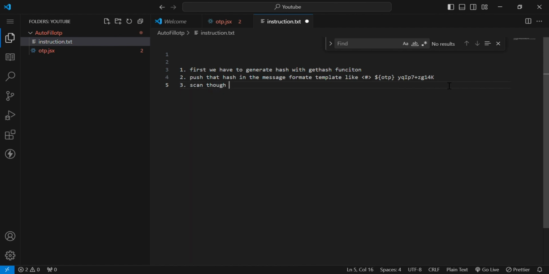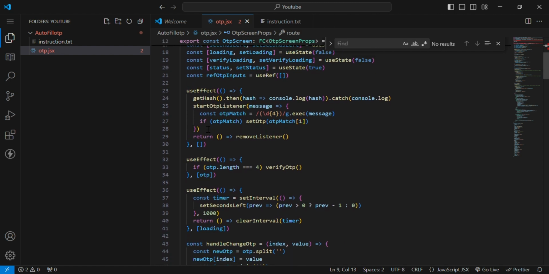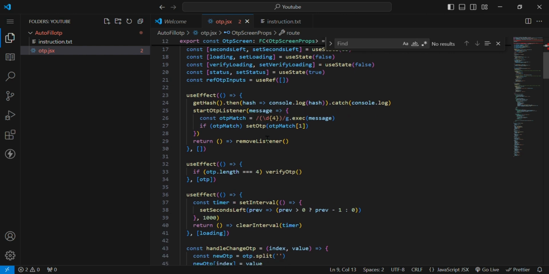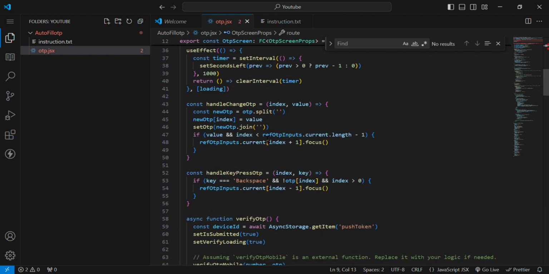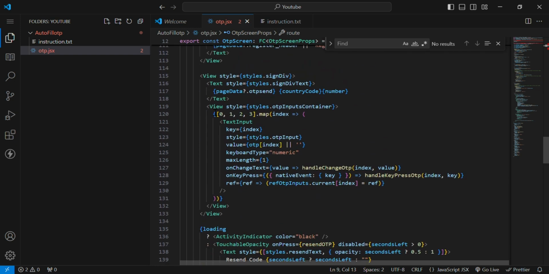scan through our application. Okay. So it's a simple, like here the start OTP listener function. It's scanning the OTP. Okay. And it's extracting the message. Okay. And after the extracting, it's setting inside the set OTP variable with the help of set OTP function. It's simple. Okay. And there is some little code which I am showing the OTP with the help of boxes